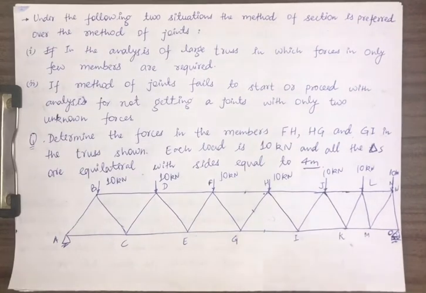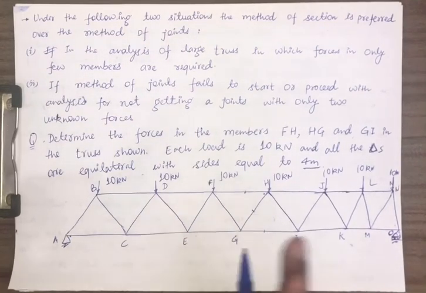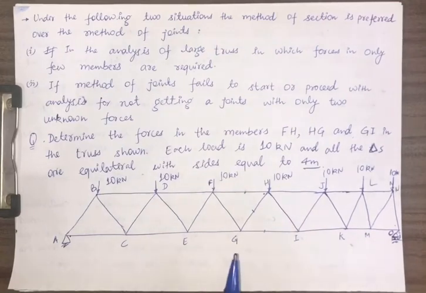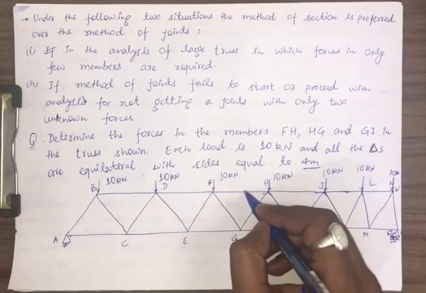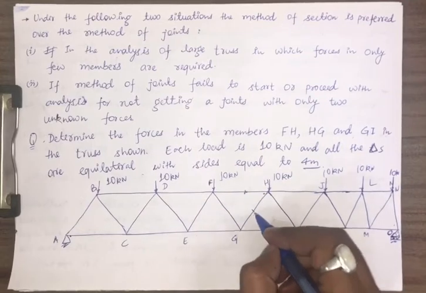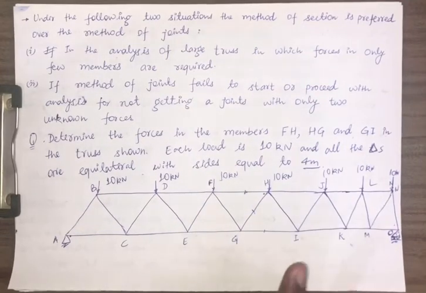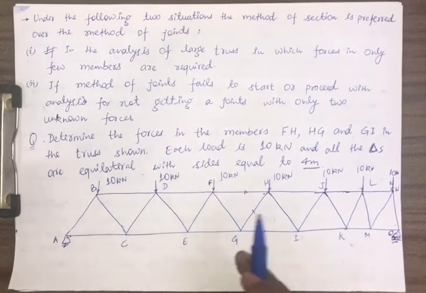sorry. So what is the problem if we want to start with method of joints? What is the problem? Just let us try to analyze this. So if we are starting with method of joints, no joints except this and this are having two members in which forces are unknown. That is fine, we can start the problem, but just for calculating the forces in these three members only, will it be feasible to start from here and to reach here? It is a very long process. The process will become very cumbersome.